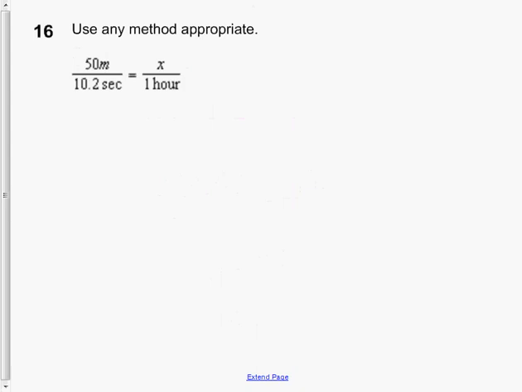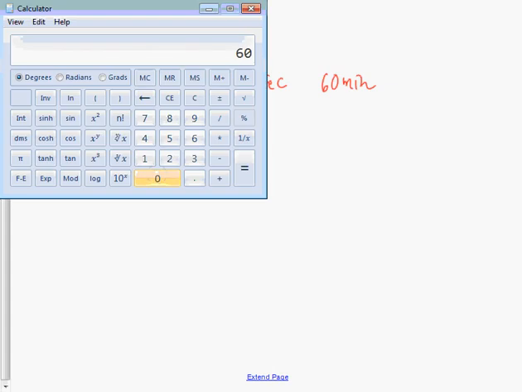And your last question for your review says use any method appropriate. So we have 10.2 seconds in 50 meters, which was a speed for like the cars or the guy walking down the street. How far would he be able to go in 1 hour? So again, 1 hour, we have to change that to proper units. If this is in seconds, we have to figure out how many seconds are in an hour. There are 60 seconds in 1 minute, and there are 60 minutes in 1 hour. So it stands to reason that we have to multiply those two numbers together. So 60 seconds in a minute multiplied by the 60 minutes in the hour. That means there are 3,600